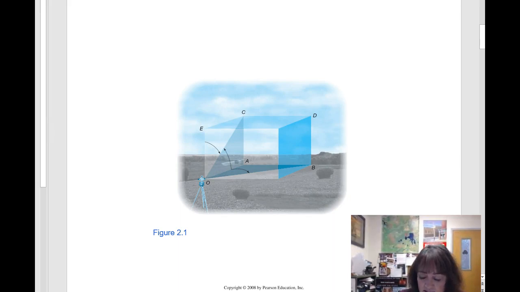And what this is discussing are the kinds of measurement that we can make in surveying. If you look at the tripod, there's a surveying instrument here at point O, and we are discussing this length, O to A, which is a horizontal distance. This is all illuminated on page 1 of your textbook, just in case you're wondering. But we have horizontal distances, as in O to A. We have O to C, which is a slope distance. In other words, it's measured along the angle. We also have a vertical distance, A to C, of this measurement,